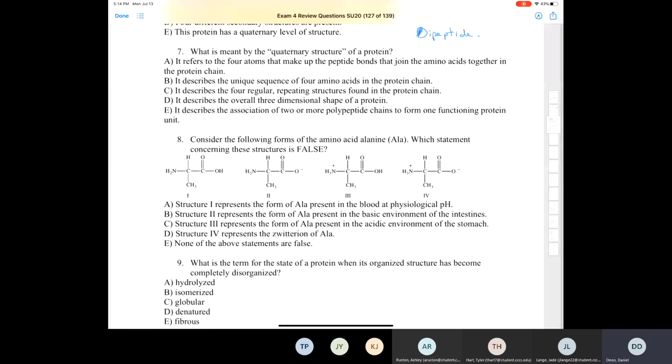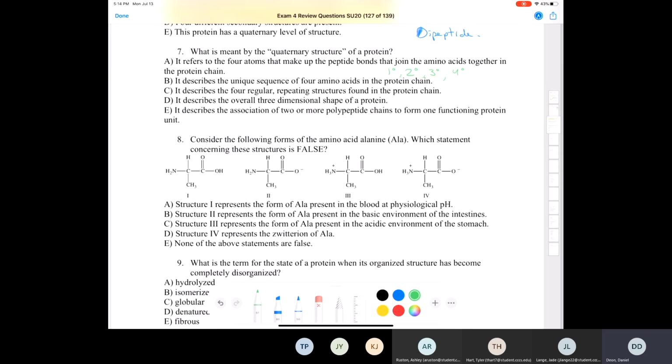Number 7 says, what is meant by quaternary structure of a protein? And I've gone over this a little bit tonight. You have to understand the difference between primary, secondary, tertiary, and quaternary structure. So again, primary structure, those are the peptide bonds that hold amino acids together. Secondary structure are alpha helices and beta pleated sheets. Tertiary structure, those are things like hydrophobic interactions, hydrogen bonding, salt bridges, disulfide bonds, polar interactions, okay, any kind of